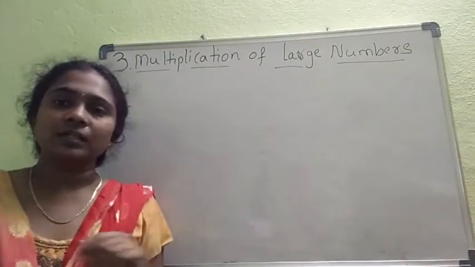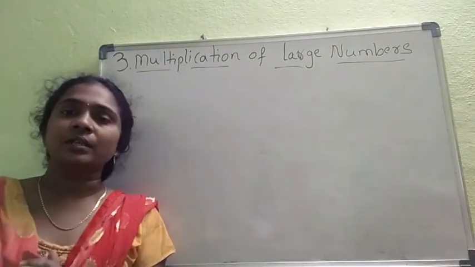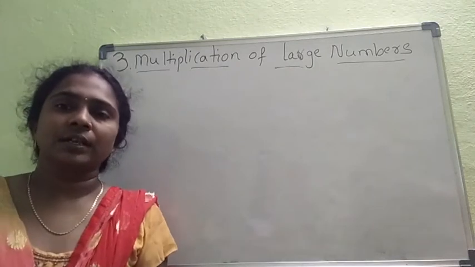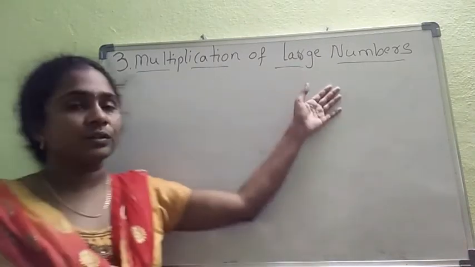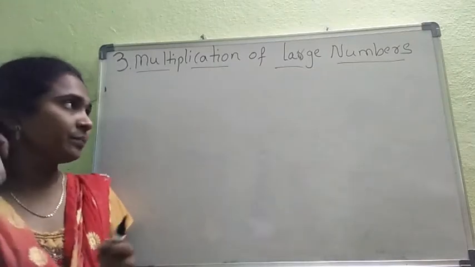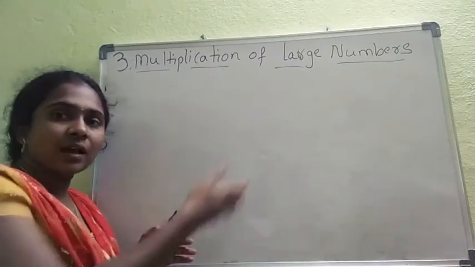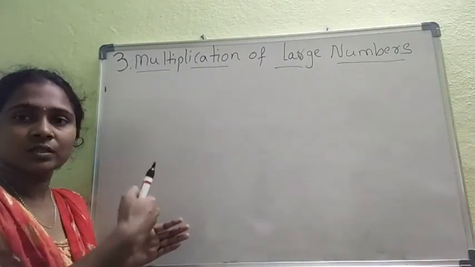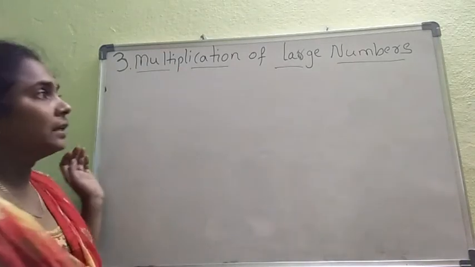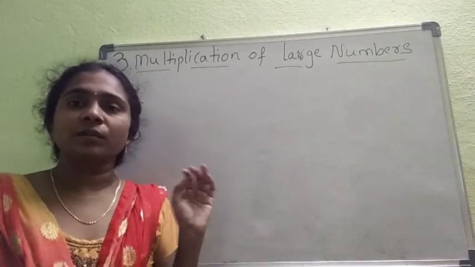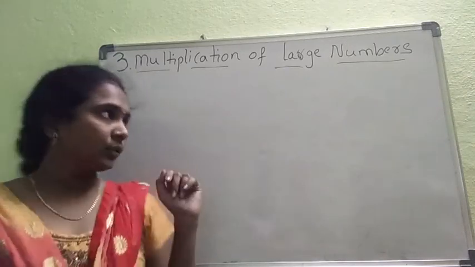In the fourth class, you already learned 4-digit multiplied by 1 digit, right? The process, that method, everything is the same for larger numbers also, right? Just we will learn with larger numbers, but the process to multiply the numbers is the same. Okay, now first we learn the multiplication of a 4-digit number by a 2-digit number.